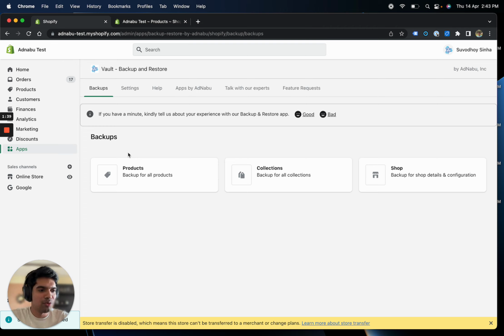Okay, so let me talk about two ways of doing backups of products. You can either do it manually or using an automatic app like ours. There are other backup app solutions as well, but I'll be primarily focusing on our app, which is Vault. So let me tell you what are the advantages and disadvantages of using a manual way of doing things versus